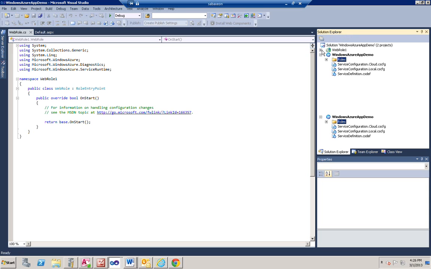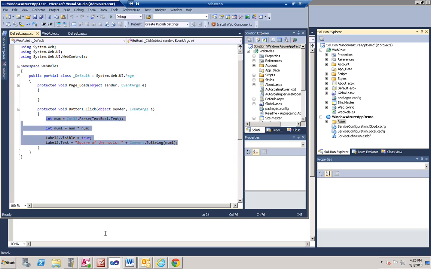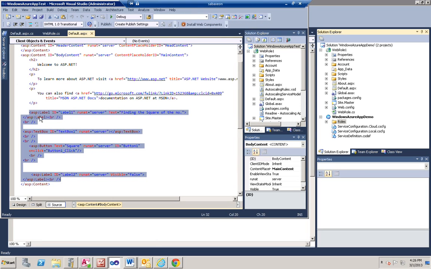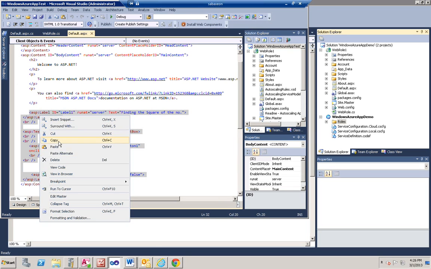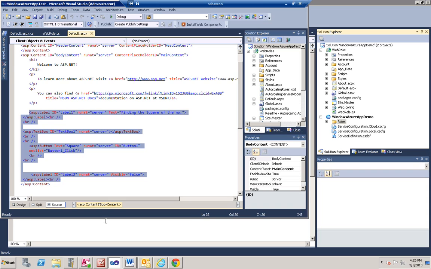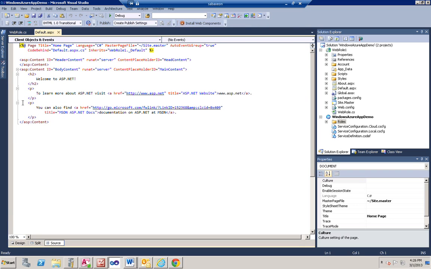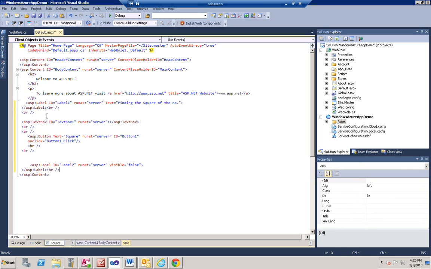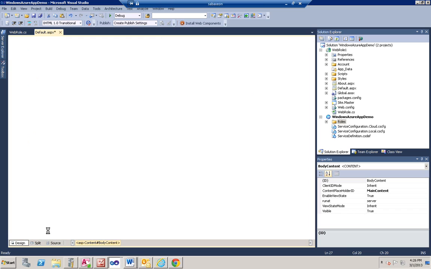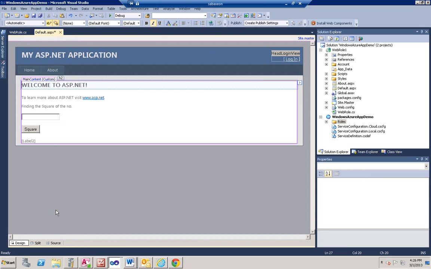Okay, now we will quickly design the application. For that, I'm going to get the code from here because it will help us save time. Say copy, and inside the default ASPX I'm going to paste this code, and this is a very simple code I have placed. Click on design and you will find I have